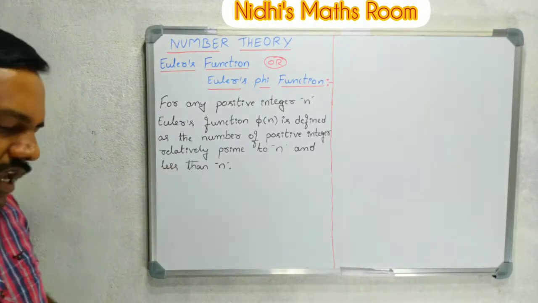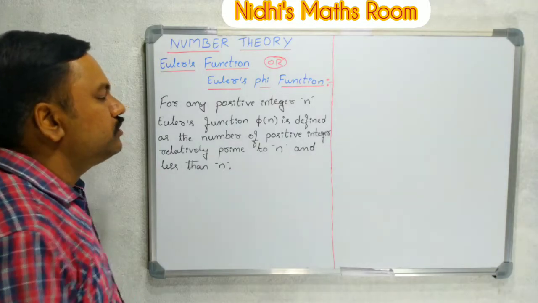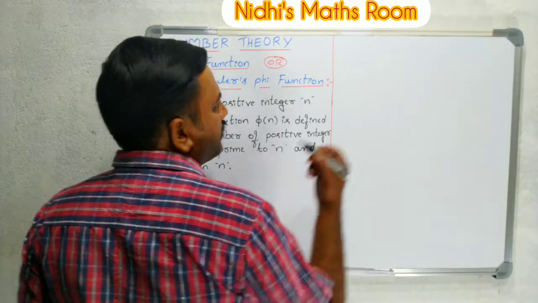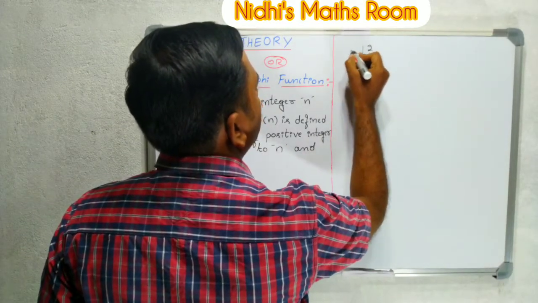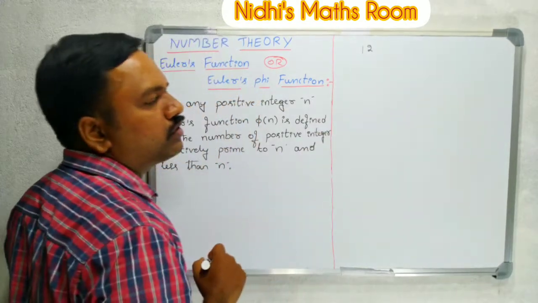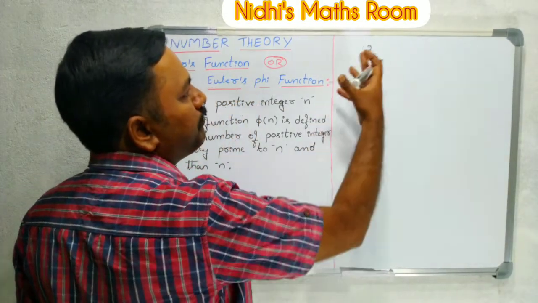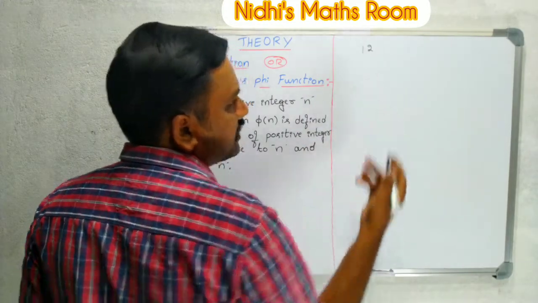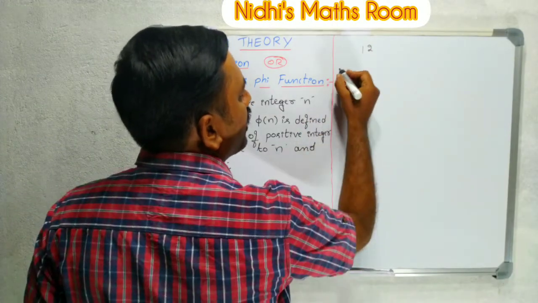So I give one example. I think it helps to understand the definition of Euler's function. See here, first I take the number 12. Let us take n is equal to 12. The numbers, meaning the integers, relatively prime to 12 are 1,